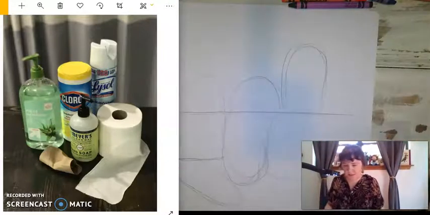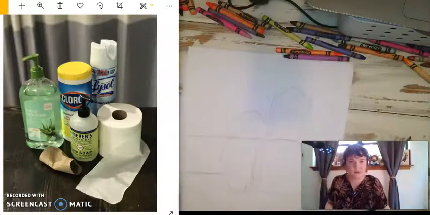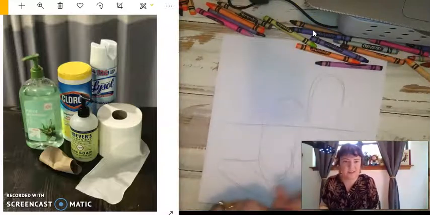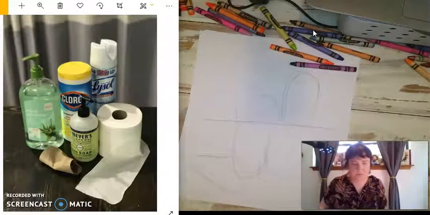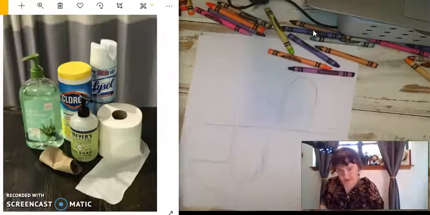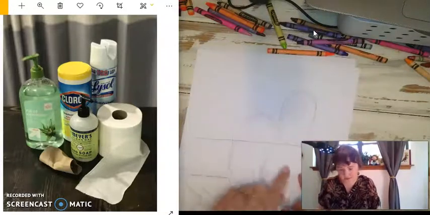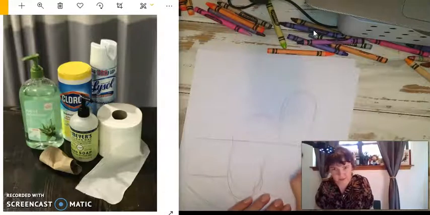Okay, so now I'm going to back this up. And I'm going to move to my Sharpie. So this is when you would draw like normal. You don't have to do it so light anymore. Okay, so let's start with the toilet paper. It's kind of one of the first things we see. It's kind of light. So I'm going to start with